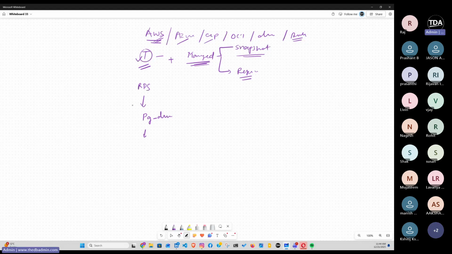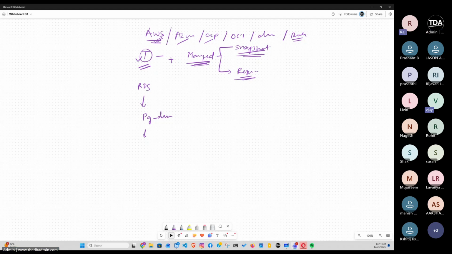Okay, so don't get confused if people are asking all these questions. It's not like something is going to change in terms of backup and recovery. It is going to remain the same. Traditional backup strategies are going to remain the same. The only addition is you might get some snapshot technology, replication technology, or some other further tools provided by your cloud service provider. Okay, makes sense, everyone? Is it clear to everyone?